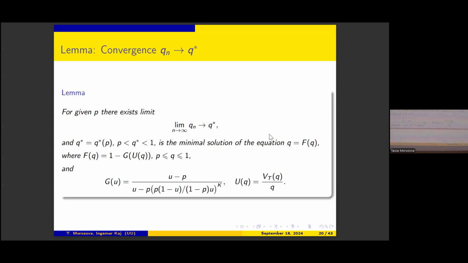So I'm not going to give the details, but I can just explain to you. We have this function f of q, and because of some properties of the coverage probability, which this function depends on, f of q is actually monotone. So it starts at p, and then it monotonously increases, and then it reaches its maximum at 1. And then if you look at the derivatives, you can see that there exists a point q at which f of q crosses the diagonal line. So you will know for sure that at least one time you will have a solution for the equation q equals f of q, right?